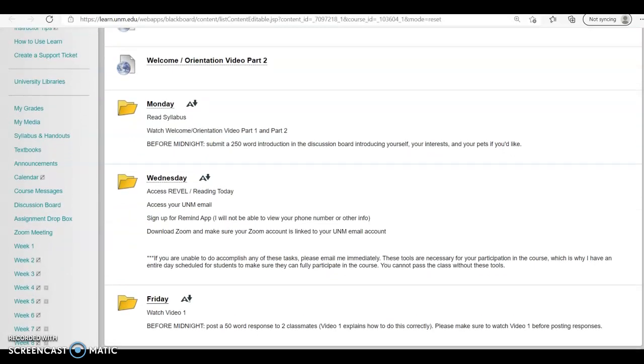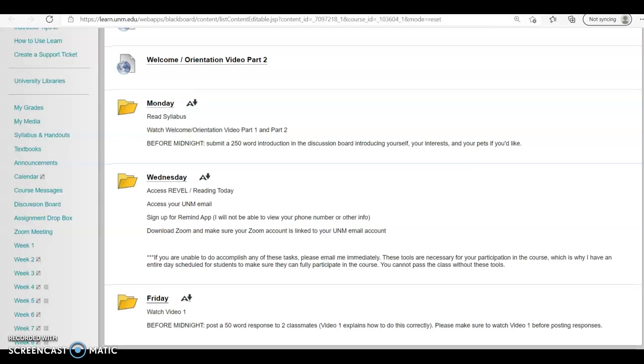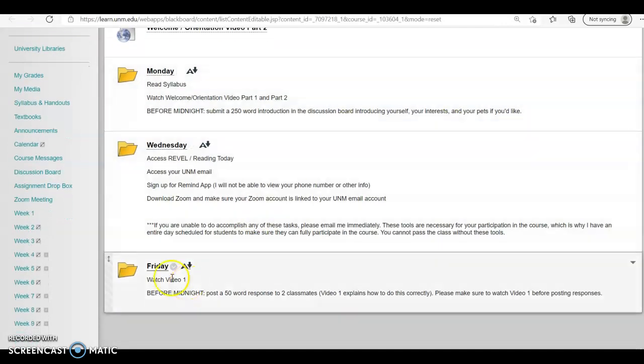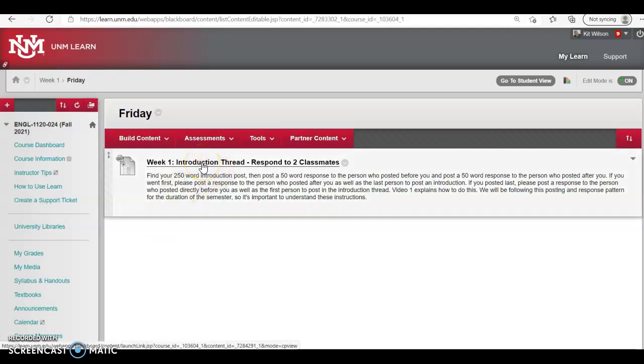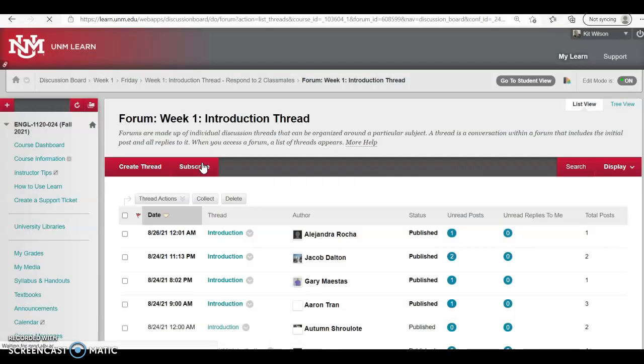So open up UNM Learn and go to the Friday folder. Okay, in the Friday folder, you'll find video one, which isn't there yet because I'm making it right now, and you'll find a link back to the discussion thread that was posted on Monday. Every single week we're going to be following this pattern. When you click on the link, what you're going to do is